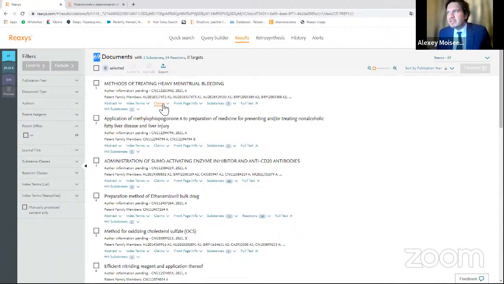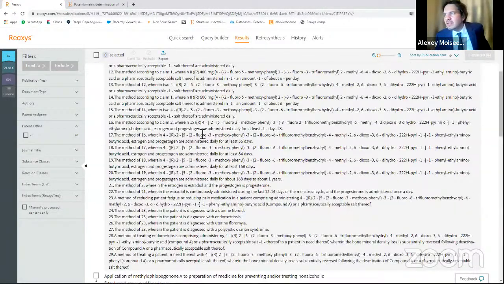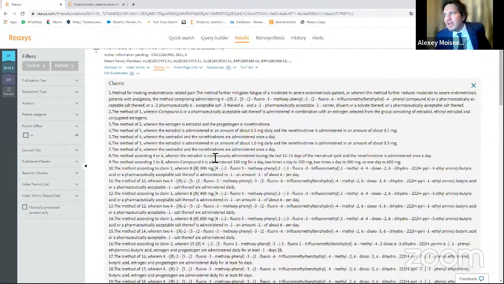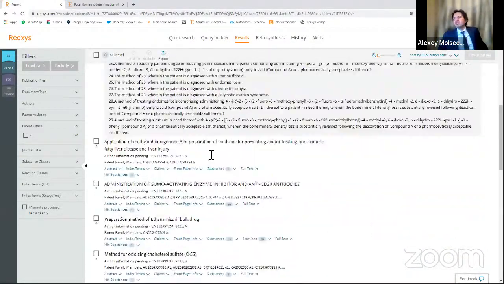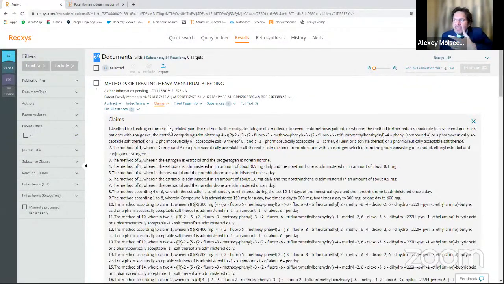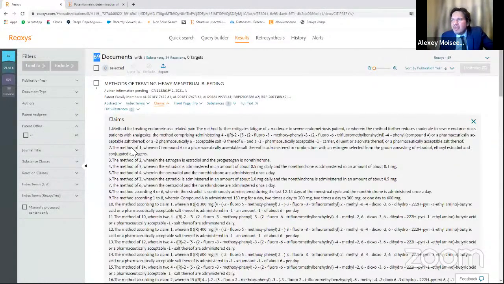You will not be able to find any document that contains information, for example, in the full text of claims. But here you can click to claims, and you see what is in the claims. It's translated to English, and you understand what the document is about even if you don't speak Chinese, even if you don't understand any word in Chinese. It's a very important feature of Reaxys.